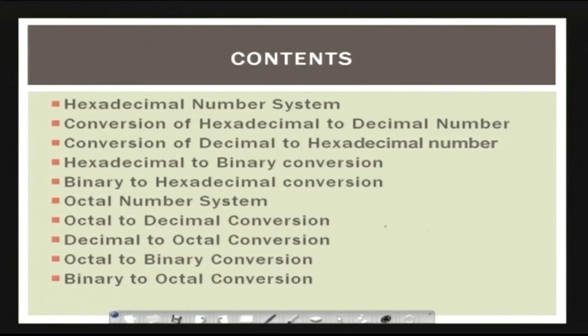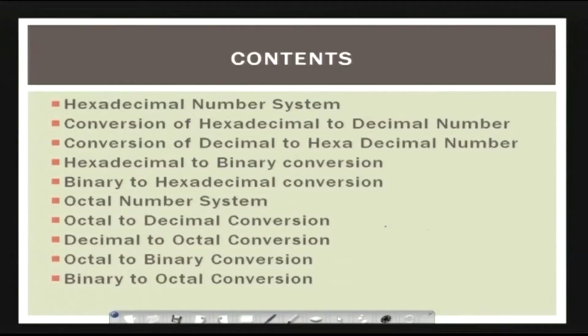The topics we are going to deal with today. In this lecture, we are going to see the following topics: mainly what a hexadecimal number system is and how we can convert a hexadecimal number to a decimal number. Then we are going to see how the same decimal number is converted to a hexadecimal number, and then we are also going to see how a hexadecimal number can be converted to a binary number and then binary to hexadecimal,